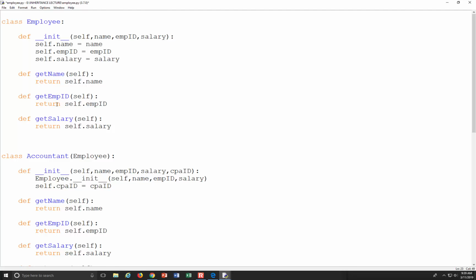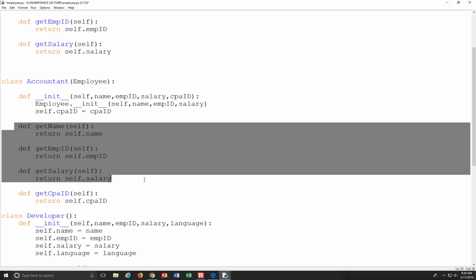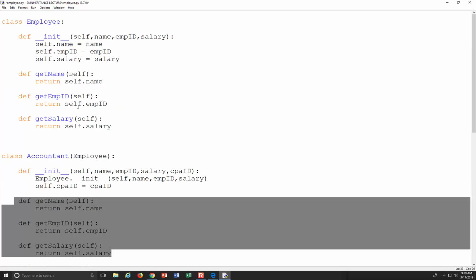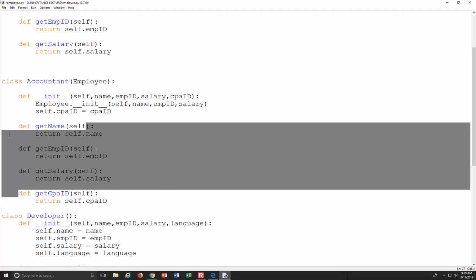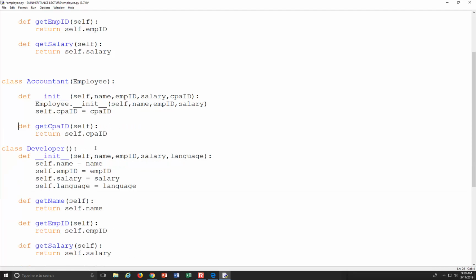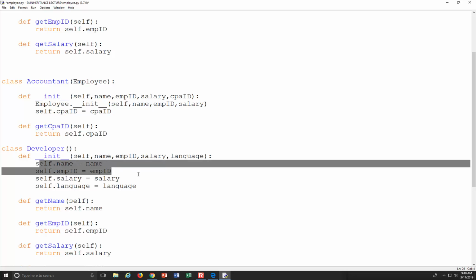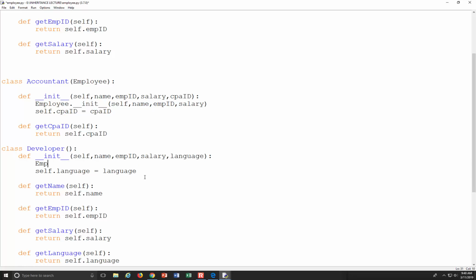And also we have these get methods in our accountant class, but we don't need them anymore because they're in the class we're inheriting from. They're in our superclass, so we can actually just get rid of these. So all we have left is our getCPID, because CPID is kind of like a unique attribute for an accountant. Awesome. And so likewise, we can do very similar down here. We're going to call our employee class, and